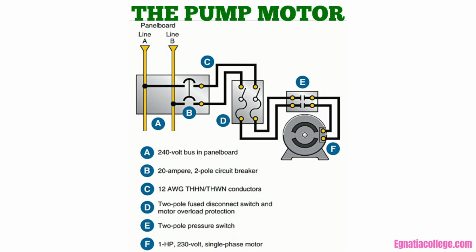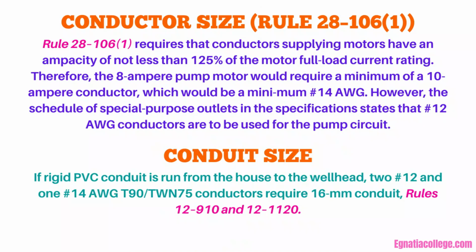CEC Table 45 indicates that a 1 horsepower single-phase motor has a rating of 8 amperes at 230 volts. This motor is provided with internal thermal protection. With this information, the conductor size, conduit size, branch circuit overcurrent protection, and overload protection can be determined for the motor. Conductor size, Rule